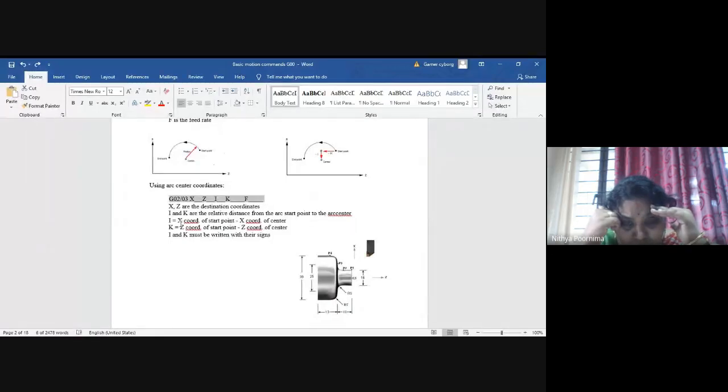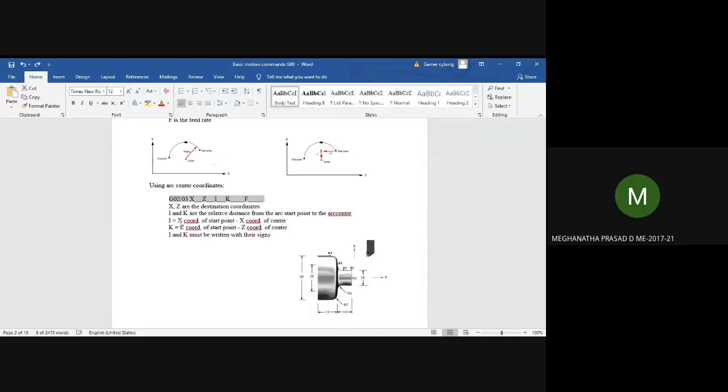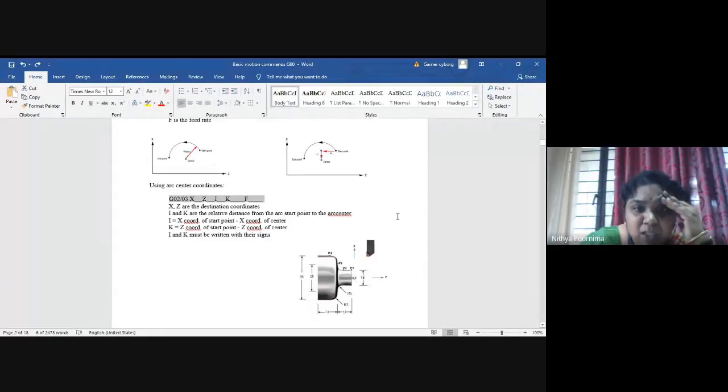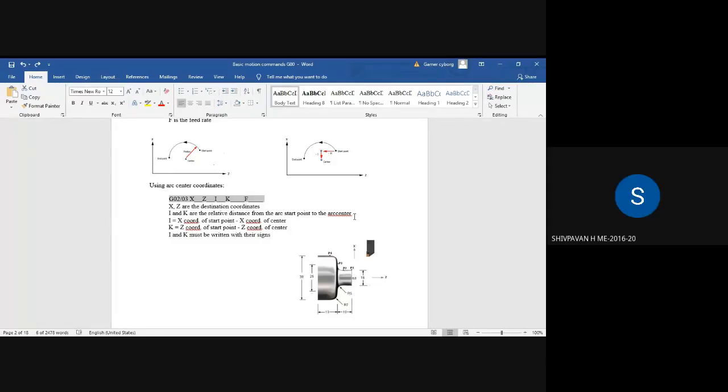See here also it's given. It's a relative distance from the arc start point to the arc center. Have you copied? Yes, ma'am.